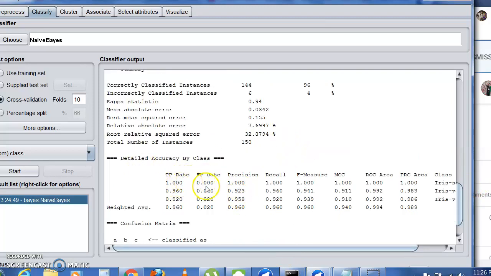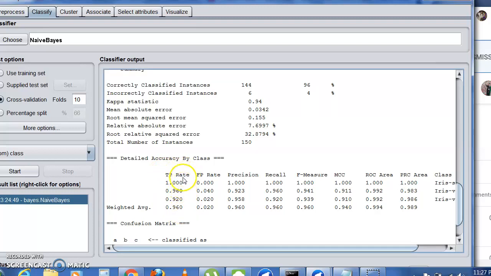So this is the accuracy by class. TP is true positive and FP is false positive. True positive is how correctly the instances are classified, and how incorrectly classified instances come under FP. Out of 150 instances, 144 are correctly classified, 6 are not. For Setosa it's 1, meaning the true positive is 1.